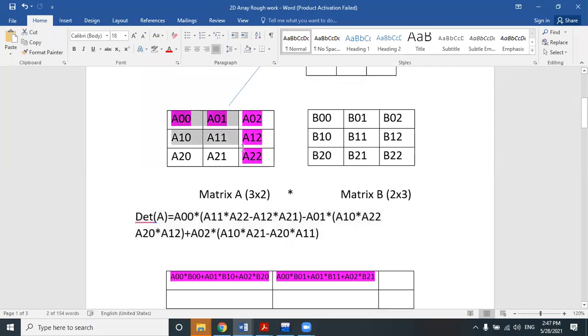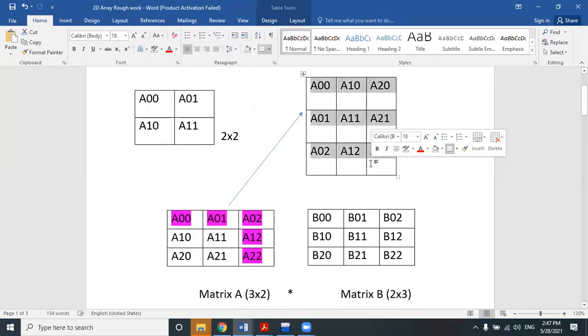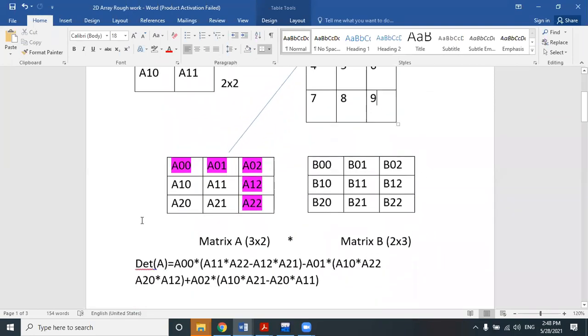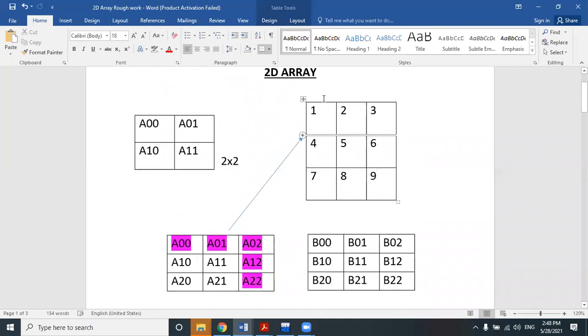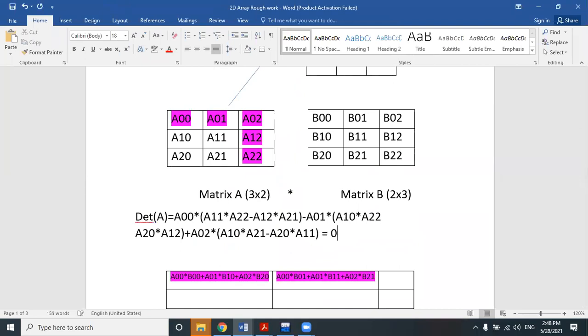Okay. So if we replace these elements with some values, suppose we are doing this for the elements 1, 2, 3, 4, 5, 6, 7, 8, 9, and we apply this matrix determinant calculation to this example, then the output of the determinant of that matrix is always 0.